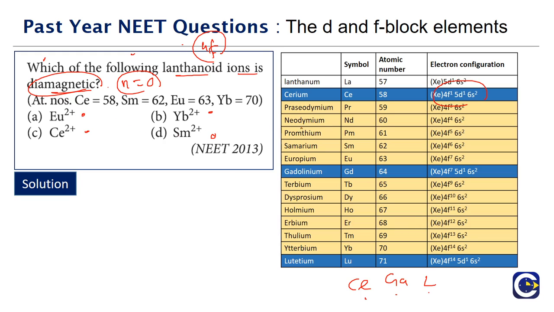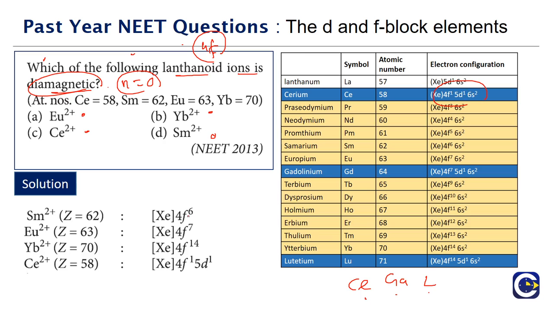So cerium is the first element. What is the arrangement? 4f1, 5d1, 6s2. 2+ means always the electrons will be removed from the outermost shell in that order. So let us see what the electronic arrangement of these ions will be, as per the order. Cerium is 4f1, 5d1, 6s2. If you remove 2 electrons, it is 4f1, 5d1. We can see that this will have unpaired electrons. There will be 7 f orbitals, and in them only one electron is kept. Similarly there are 5 d orbitals, and only one electron is kept, which means this has unpaired electrons. So this cannot be diamagnetic.